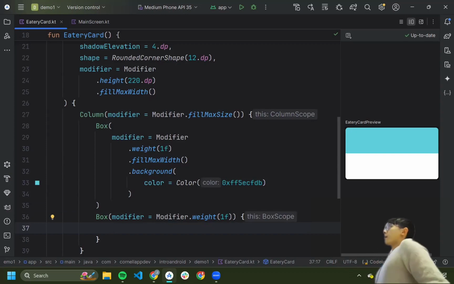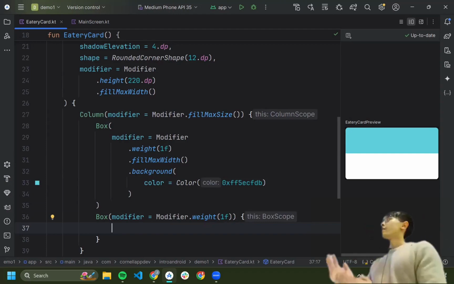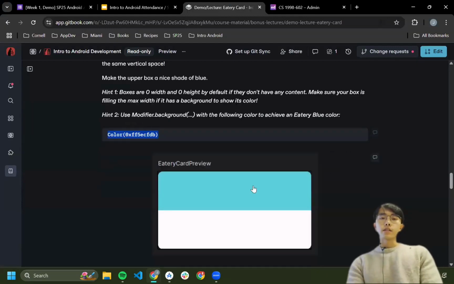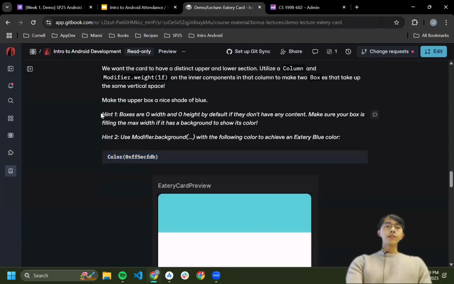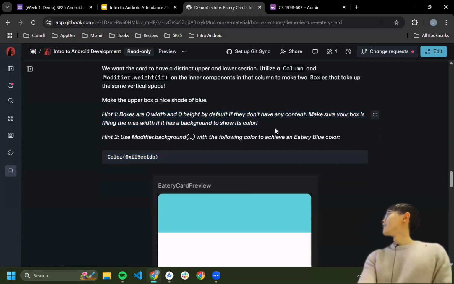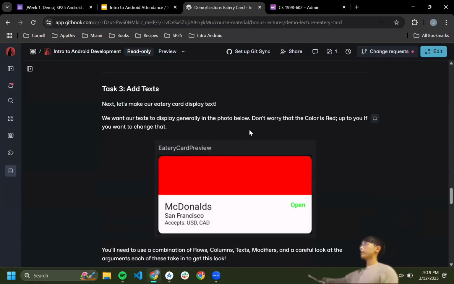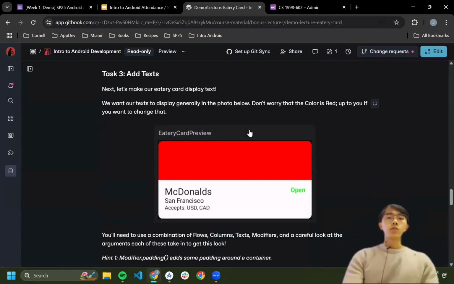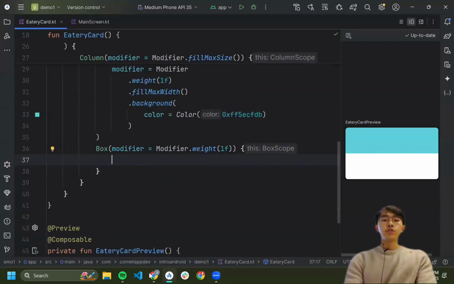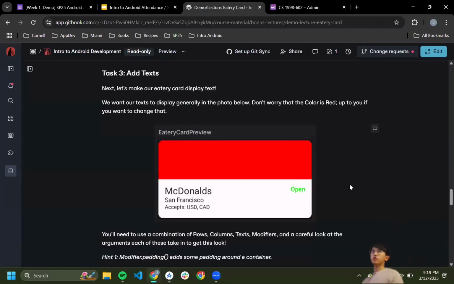Okay, awesome. I'm likely going to have to get through this last part kind of quickly, so apologies about that. But if we take a look back at the handout, that was hint 1. I gave a hint and then I forgot about my hint. But nonetheless, if we go to task 3, we'll see that we want to arrange a bunch of texts more or less similarly like this. So in order to do that, one way you can at least look at this and start to think about how to break it up is perhaps by thinking of how you can use a container within this bottom box here to arrange these in sort of a nice way code-wise.